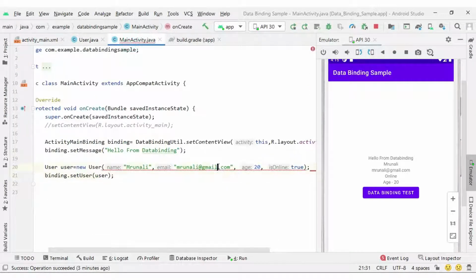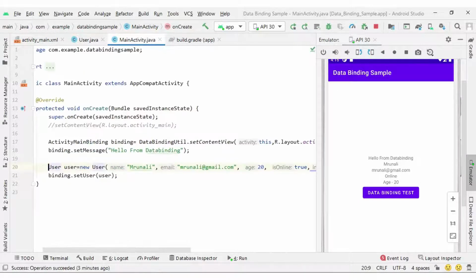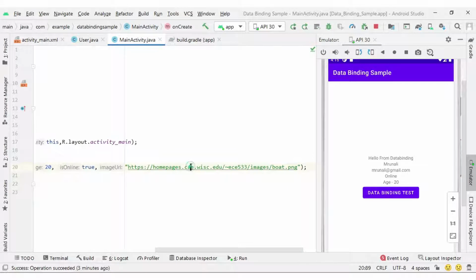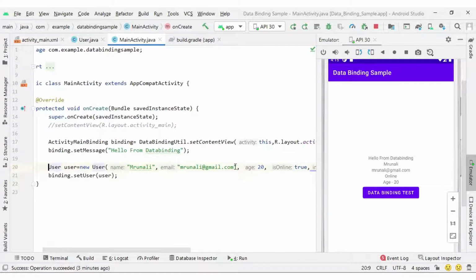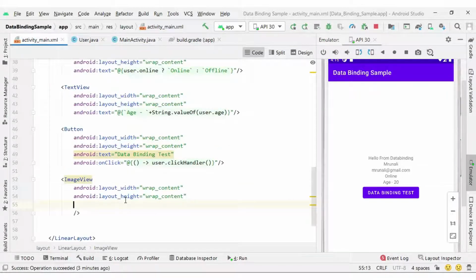So from the Java file, in the constructor I will pass the image URL. Here I have an image from a server testing URL you can find on the internet, and next I want to load this image in our image view.